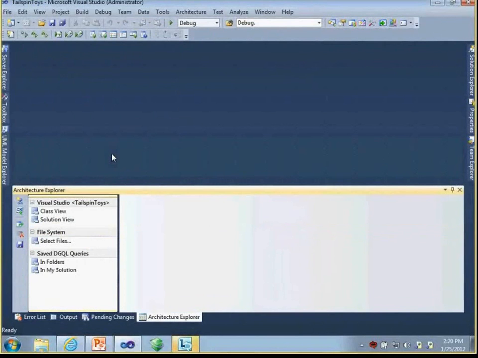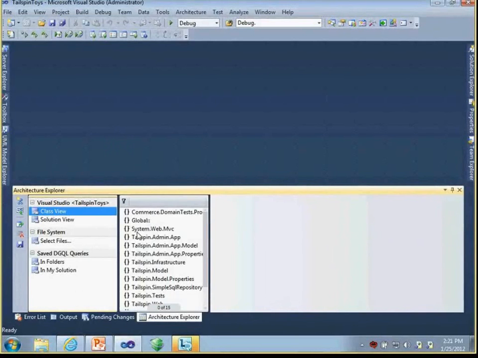So we analyze the entire connectivity between everything in the application, all the way down to the method and property level. And what we do is we just present that information in different ways. You can do it through the dependency view, you can do it through the call hierarchy window, or you can do it from Architecture Explorer, which lets me browse the entire application either logically, starting with namespaces and